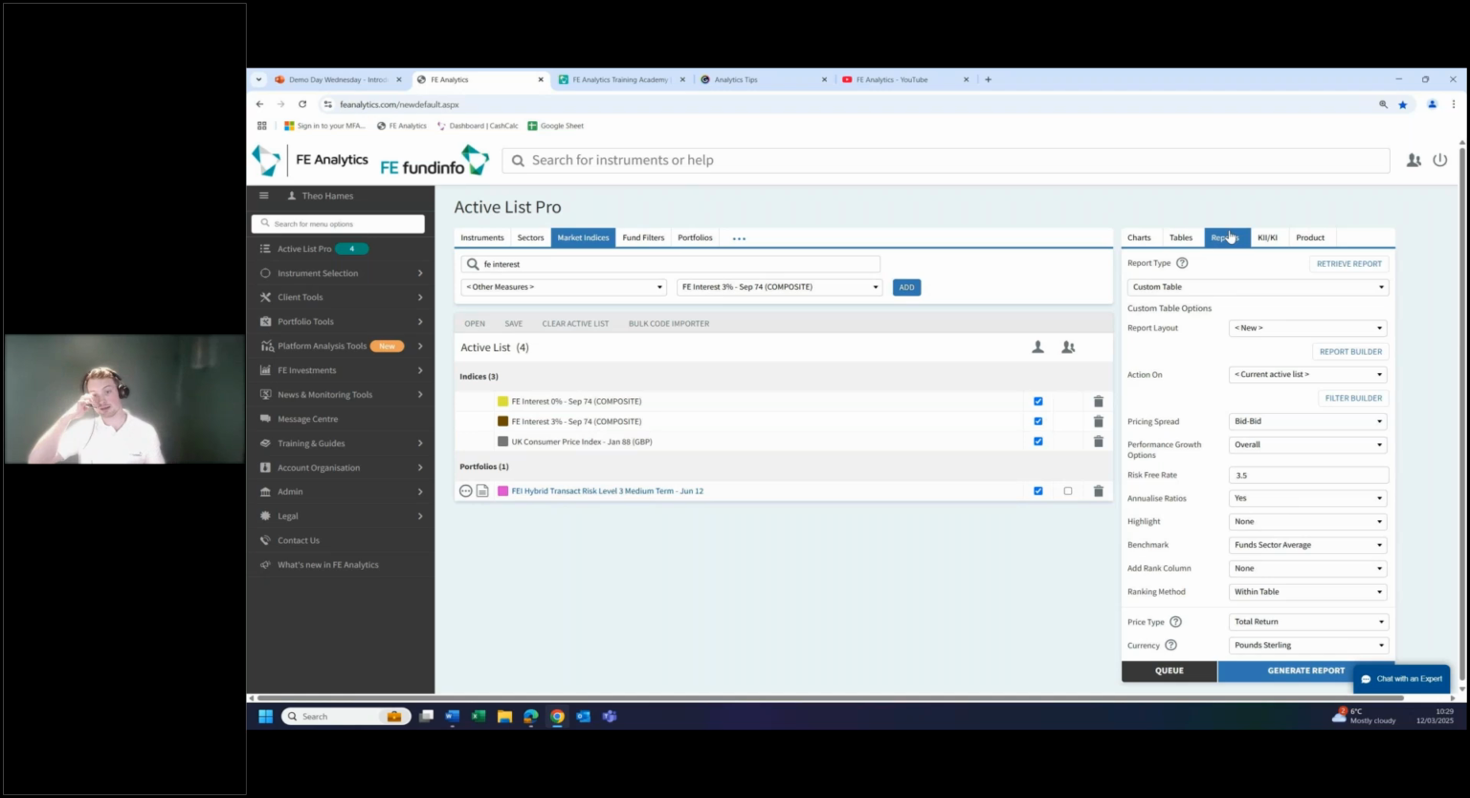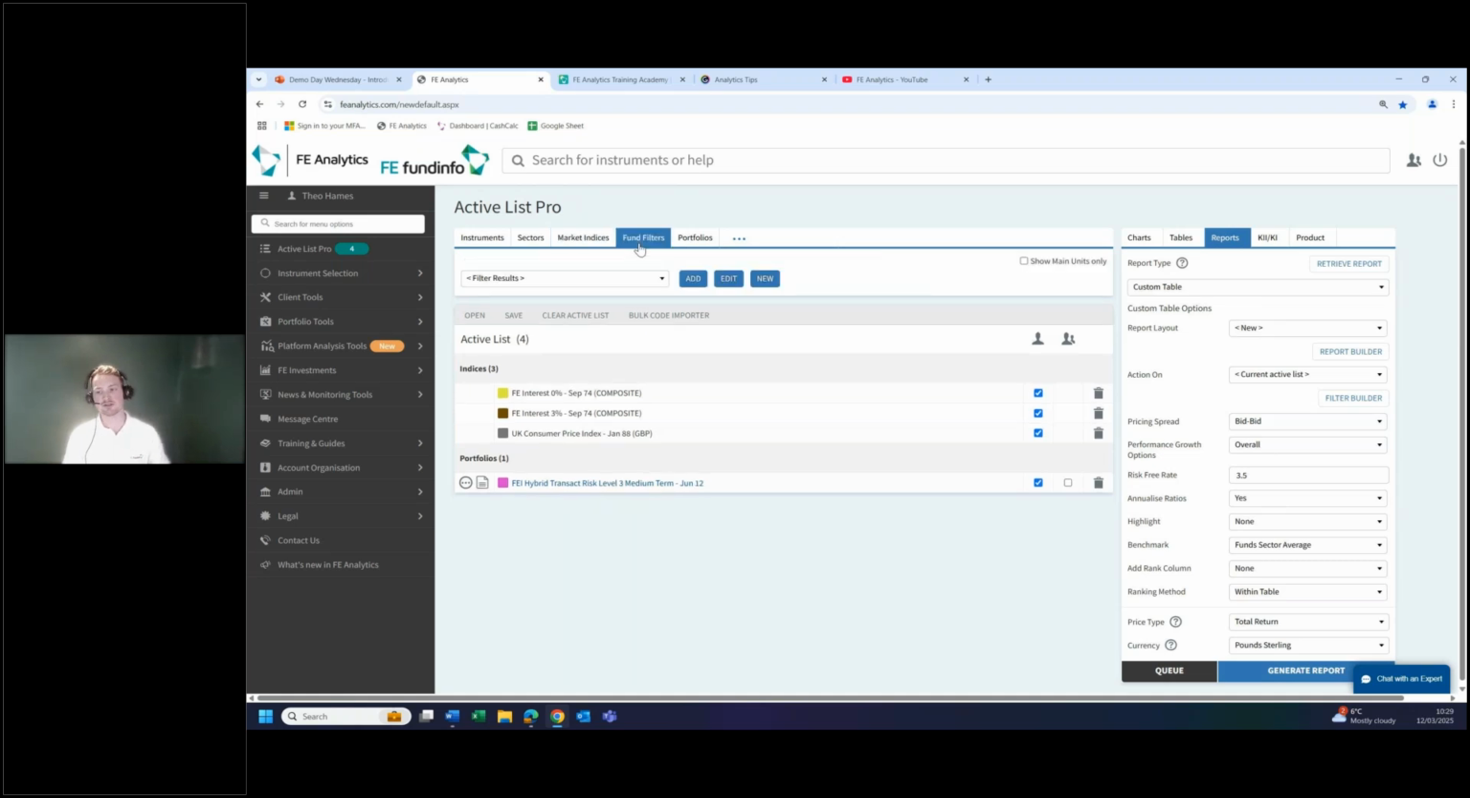And the reports tab is what I think is a more useful way of really getting value out of the tool, because essentially the charts and tables are presets that we as FE have basically said we think these are useful. Reports gives you the option to completely bespoke any reporting you would want to do on the tool. And to illustrate some of the powers of this, I'm going to go to the fund filters side